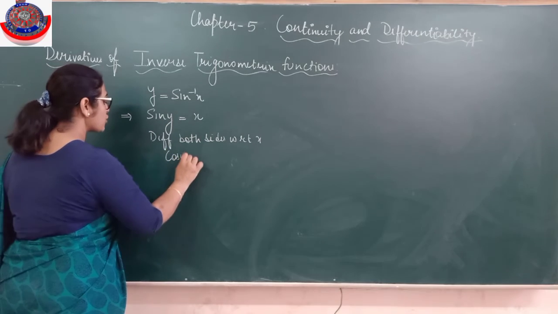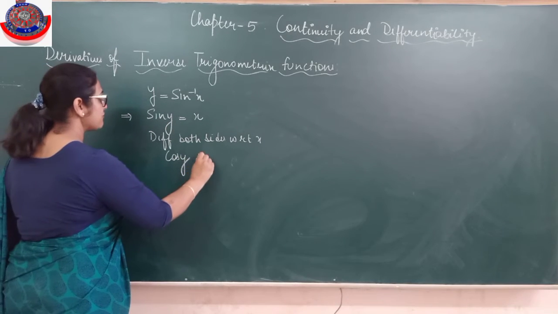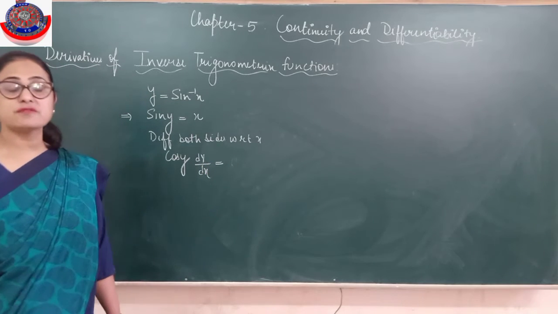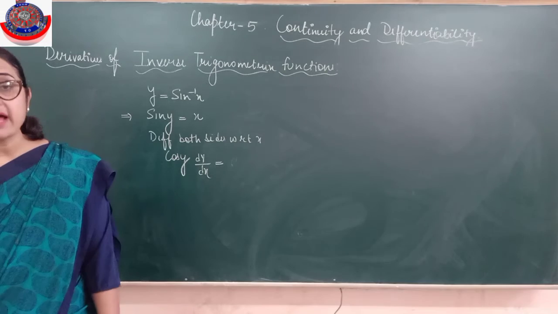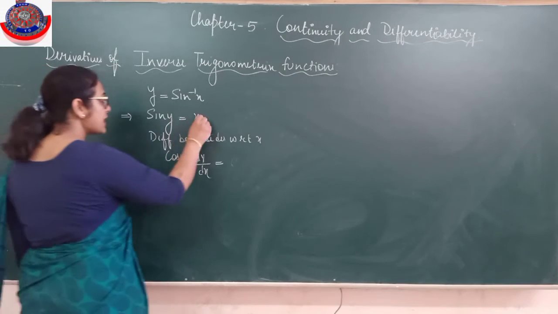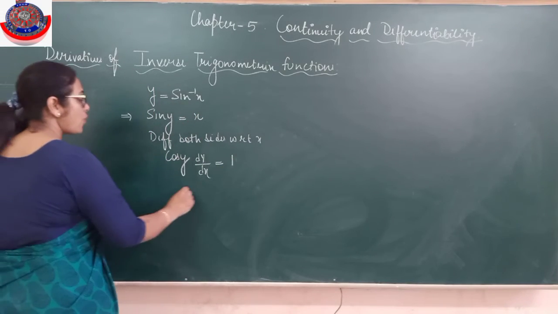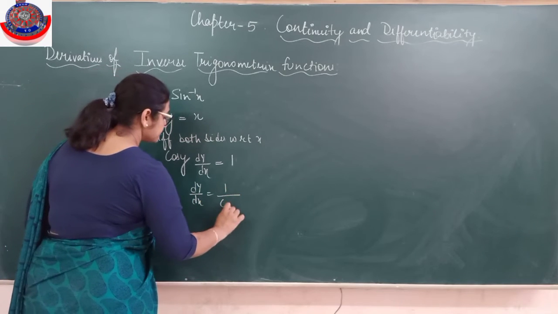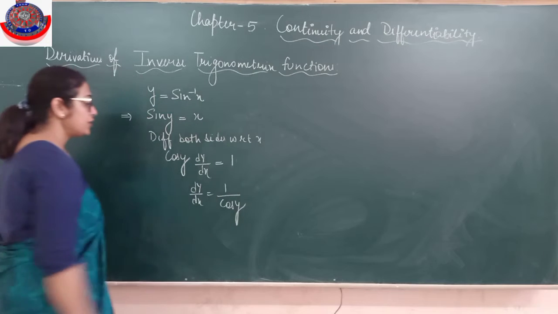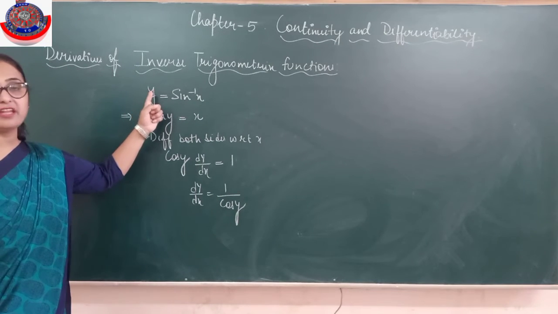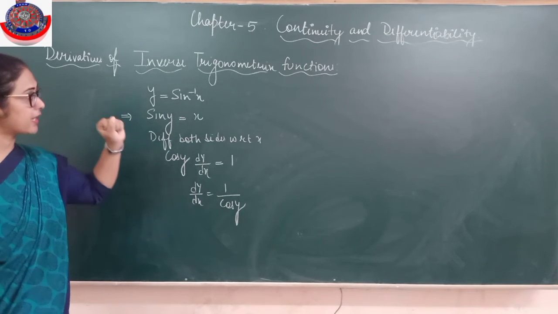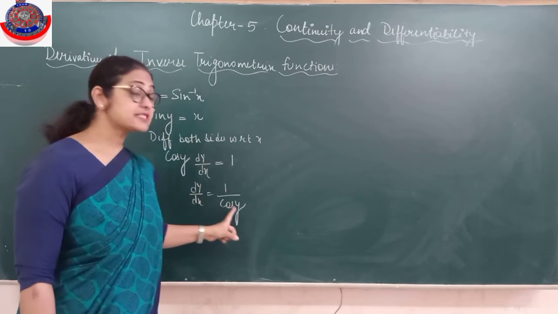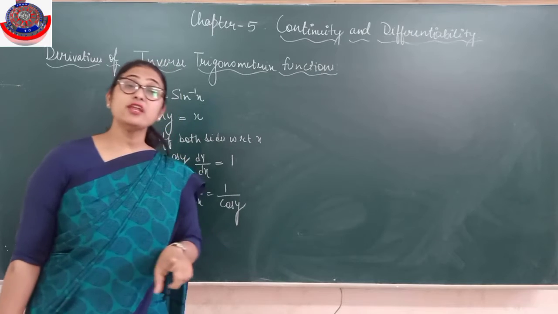Differentiation of sine will be cos y. Differentiation of y will be dy upon dx. I hope you all remember now. Alright, differentiation of sine will be cos y. Differentiation of y with respect to x will be dy upon dx. And differentiation of x will be 1, because that's differentiated with respect to x only. Now dy upon dx we have got, I had to find dy upon dx only, we have got cos y. But the question was in sine inverse x. Dy upon dx cannot come in y. I need the value in x.